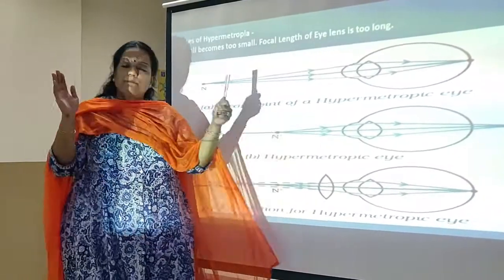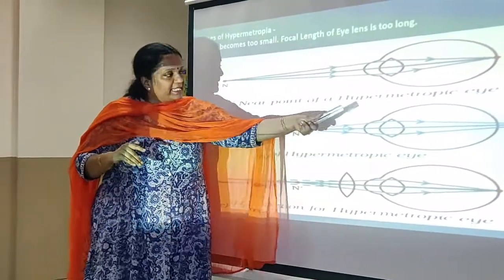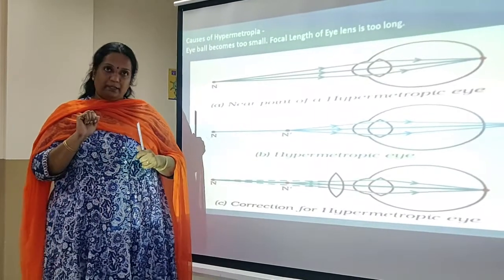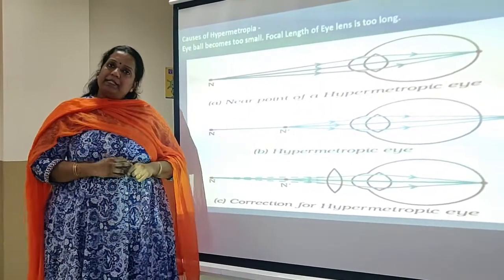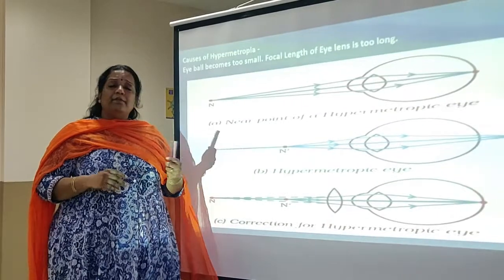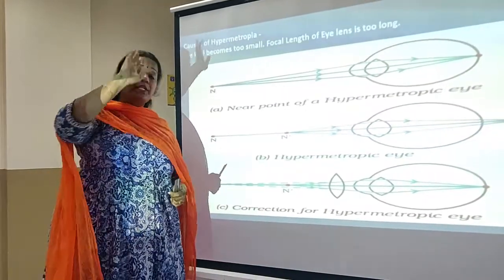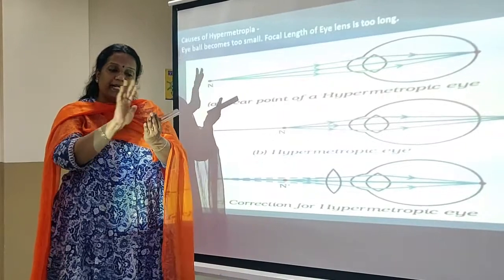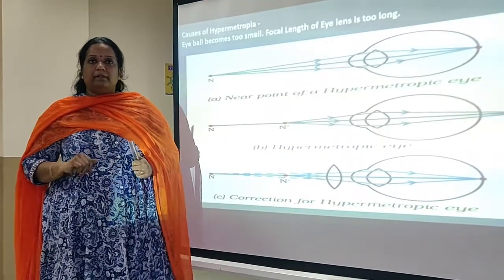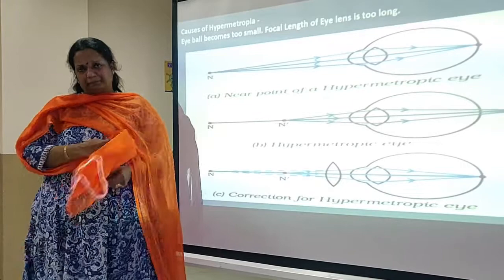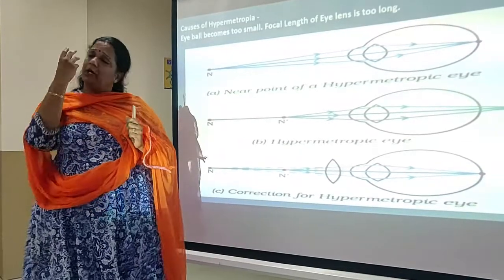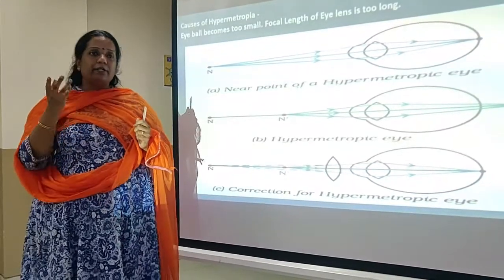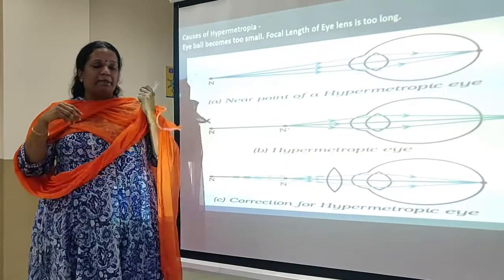Because the lens has become shorter and focal length has increased. Okay? What will happen in this case? The person will be able to see far away objects very clearly, but the nearby objects will appear hazy or blurred. If you observe your father or grandparents without their specs, if they are regular users of full-time specs,